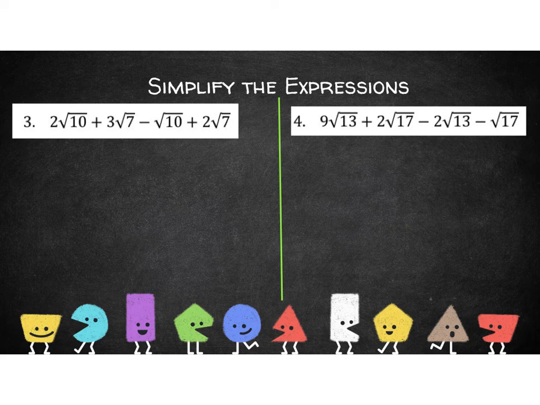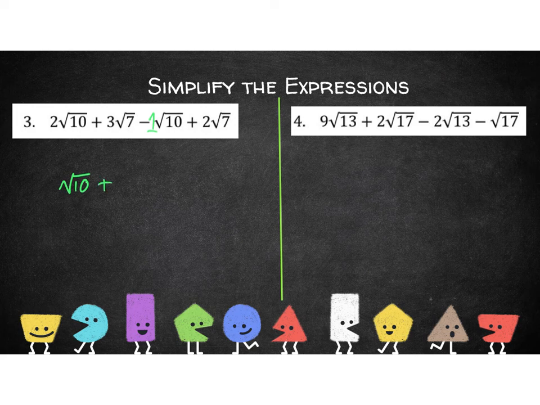All right, up here, we're going to look for the common radicals. So I see square root of 10 here and square root of 10 here, and then 2 square roots of 7. So we're going to add these 10s together. So we have 2 square root of 10 minus square root of 10. Now there's not a number in front, but we know that there is an invisible little 1 right here because there's just a single square root of 10. So 2 square root 10 minus 1 square root 10 is going to leave us with 1 square root 10